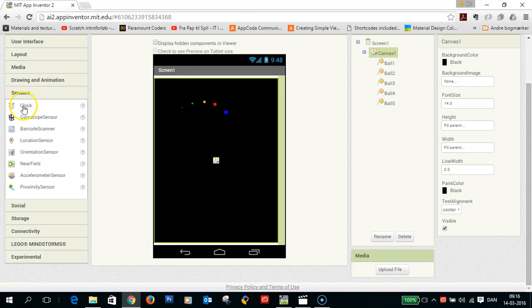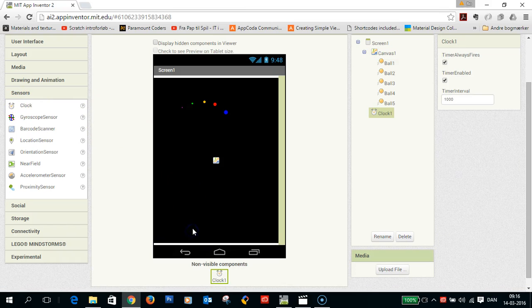So I have 5 clocks. The first one is the clock that makes the movement of my player reduce in velocity. I'll show that next